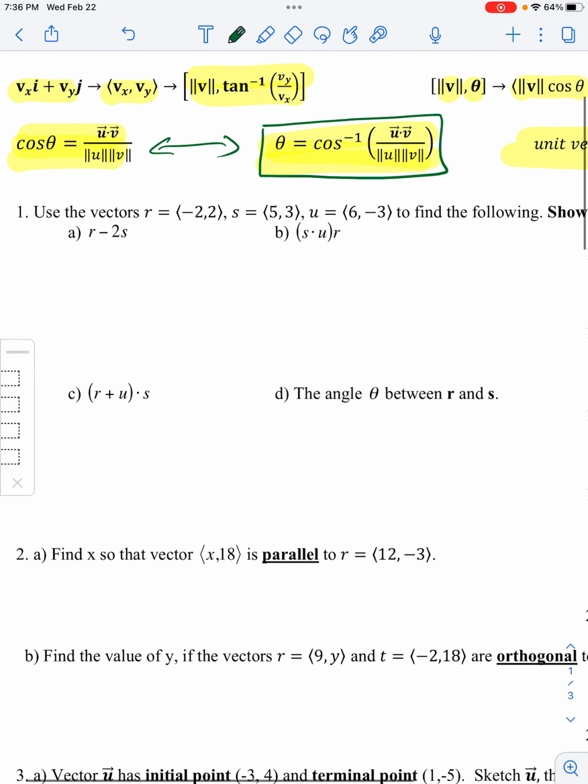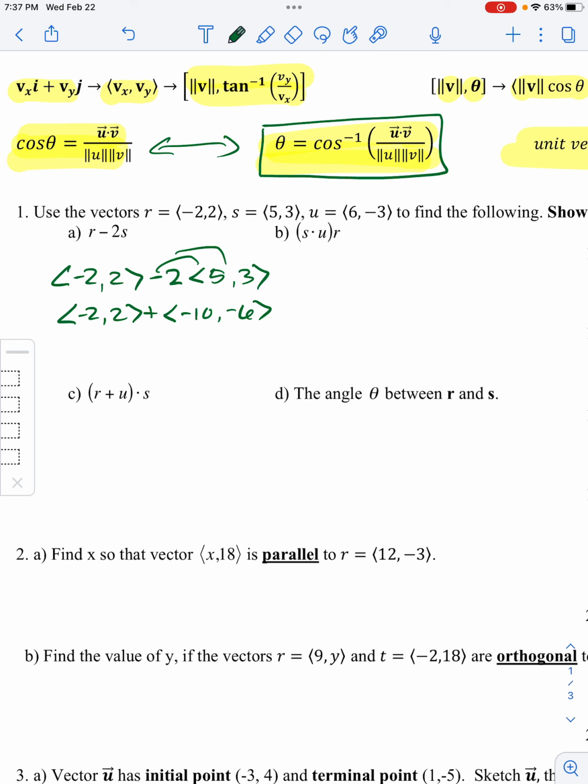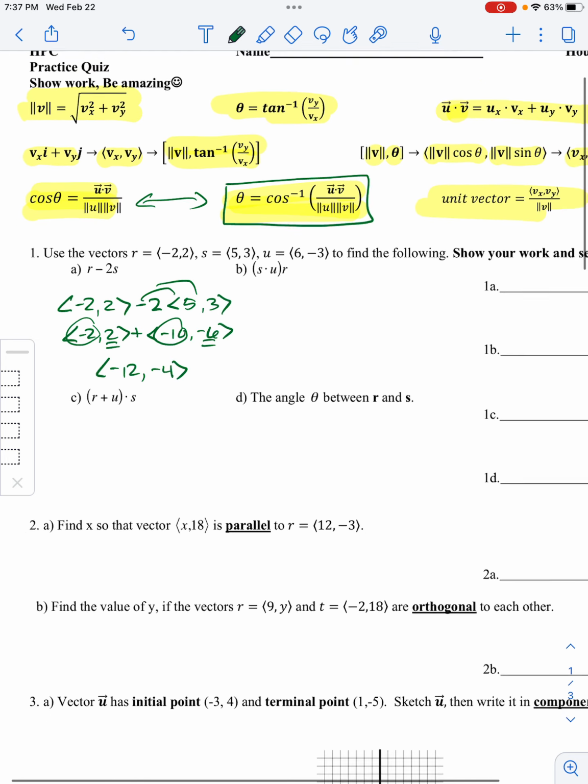Okay, I will. So I'm supposed to take R, and then I'm supposed to subtract 2 times S. And I am going to actually do this first and then change this to addition. So I'm distributing that negative. And then I'm going to add them together by combining the 2 x components through addition and combining the 2 y components. So hopefully I didn't do anything stupid there